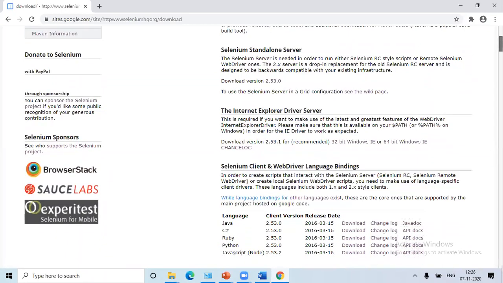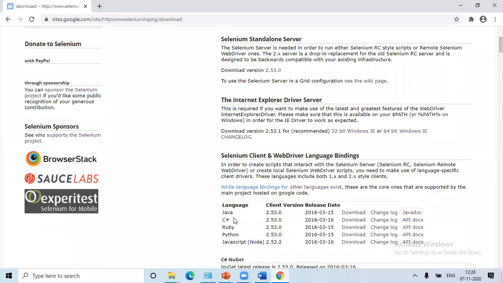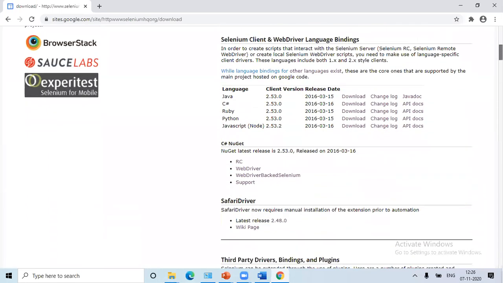Then the supported Java libraries. For example, I am doing it in Java, so I will be downloading Java. If you are doing it in Python, you can download Python. Whatever language you are working on at present, you can download that language. These are the language bindings. I have shown in the figure at the start what language bindings are. Those also should be included with the Selenium standalone server, so this also we need to download. I have already downloaded this, so I'm just showing it, not downloading it.